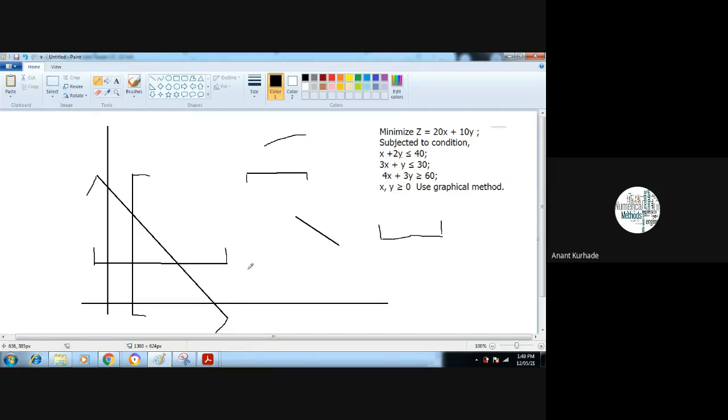Constraints are greater than, so the visible region will lie here only. Is it correct for these three lines? It will satisfy the first line, exactly below. The second line towards the right side, again it satisfies from this up. So we can have the visible region here.